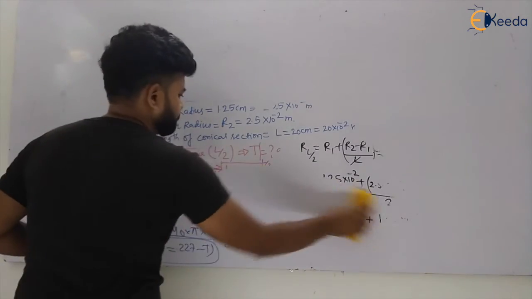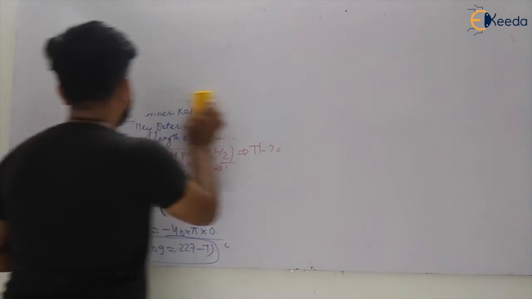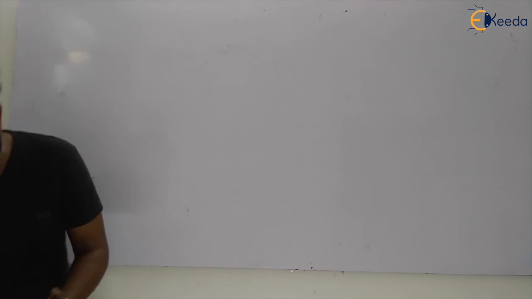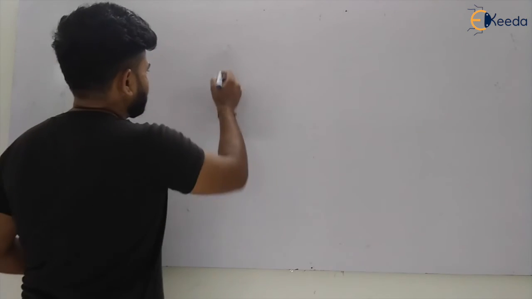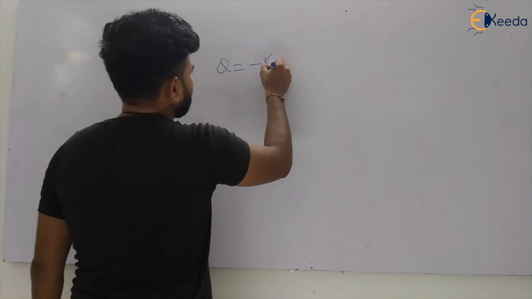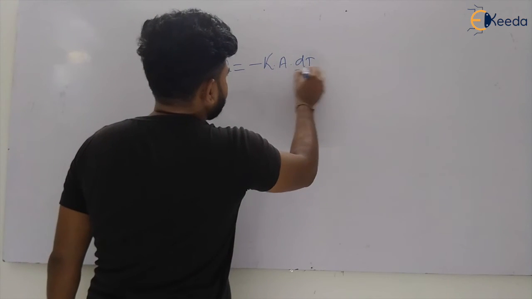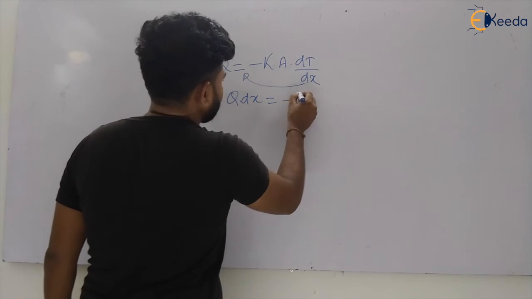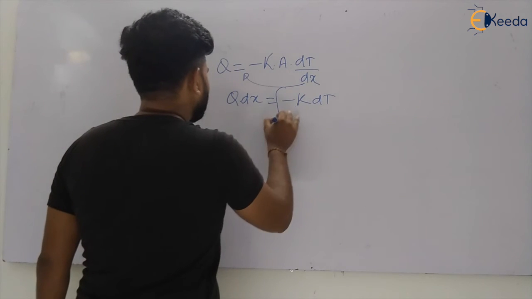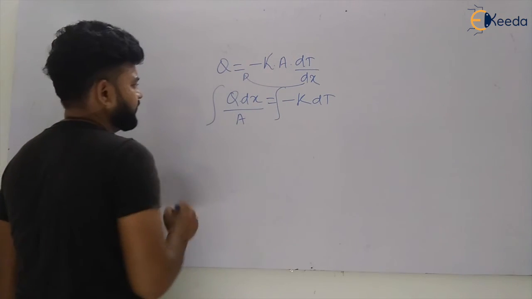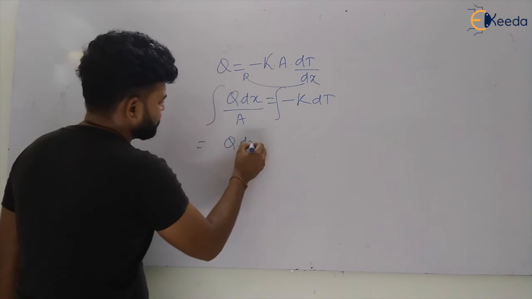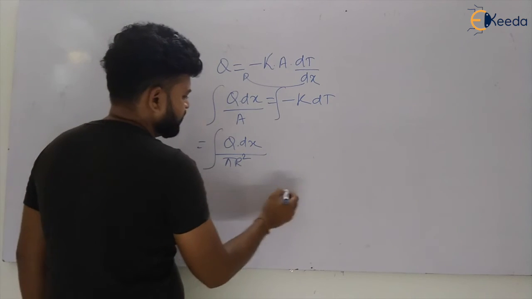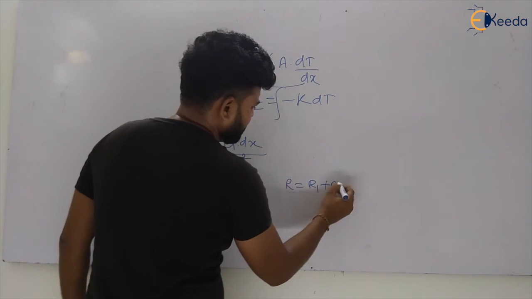So derivation you know, how you can proceed for that. So directly you know the heat transfer. What is the heat transfer? Directly you know that Q is equal to minus kappa into area into dT by dx. Okay, you will take dx this side, so this will become Q into dx is equal to minus k into dT, both side integration. So integration you have to do, and you already know Q into dx by area. What is the area here? So this will be pi r square, and you have to put the value of r. So the value of r, you can take r1 plus cx.